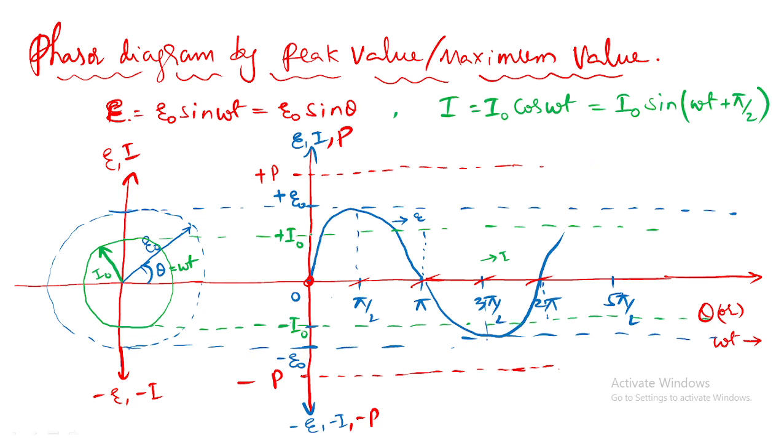Now what happens? Current will be leading, no? The diagram will start from the upper part, not from the lower part. Clear? So from the upper part onwards it will lead, and it will be smaller at a pi value. Cos theta will be what? It will be smaller or not?